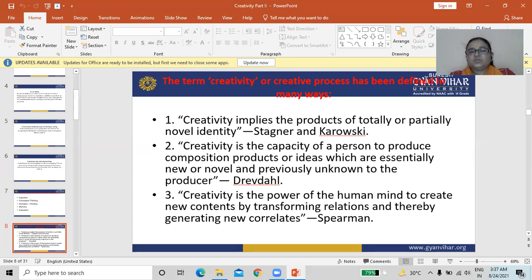This definition is given by Stranger and Korowski.